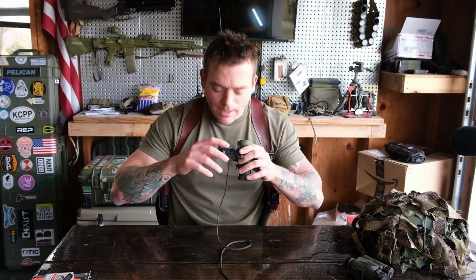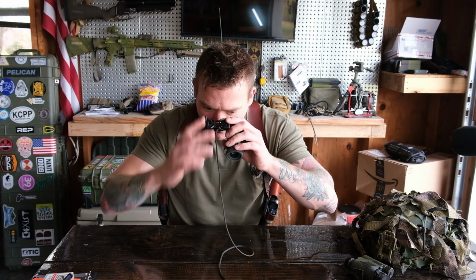So if you're working in a highlight or a mixed lighting environment, or you're working in an environment where you're able to use your infrared illuminator or an additional infrared light, you can now focus up close and then adjust your iris so you've got a nice broad area to work. Like I could focus on this entire desk or read a map on this whole desk right here instead of having to focus here and then refocus over here,